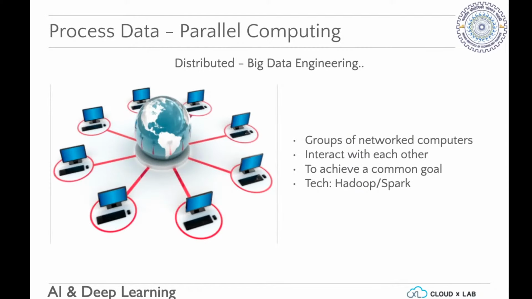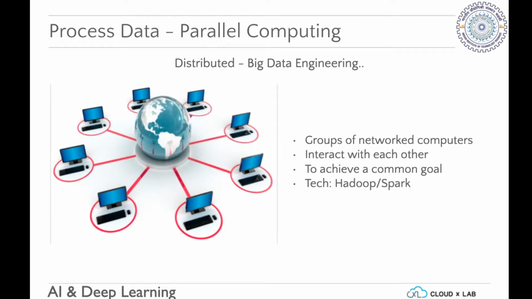Now, in the process of data, the other concept is that we're collecting humongous amounts of data. You can't just load this onto one computer, even if you have a 16 GB or a 32 GB computer, or spend a lot of money, you can't process that kind of information.